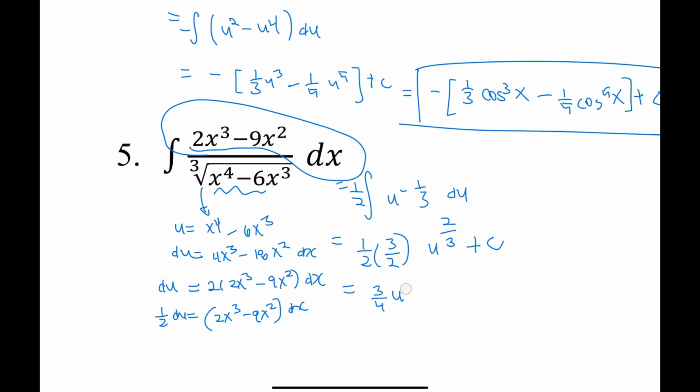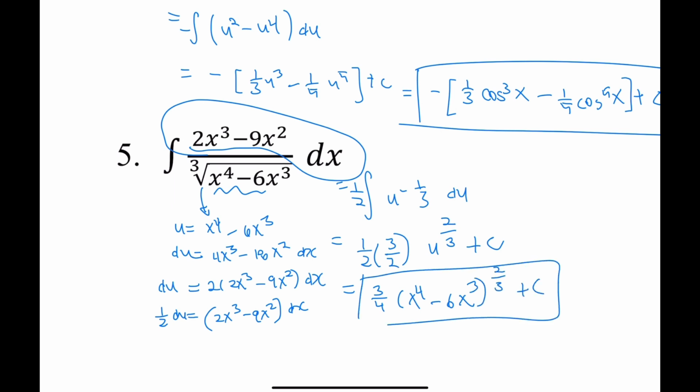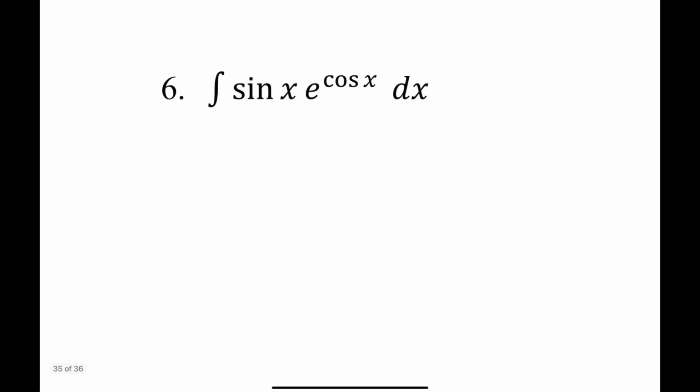How about we just plug this in? u equals x to the fourth minus 6x to the third power. So yeah, this will be our answer. And then off to number 6, we got